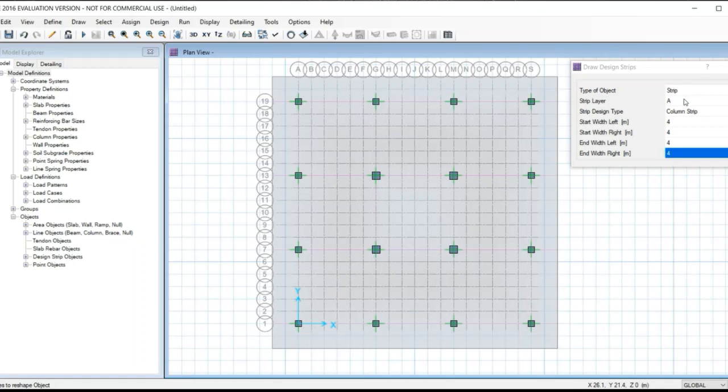Now select this strip layer B, vertical. Now draw from top to bottom.